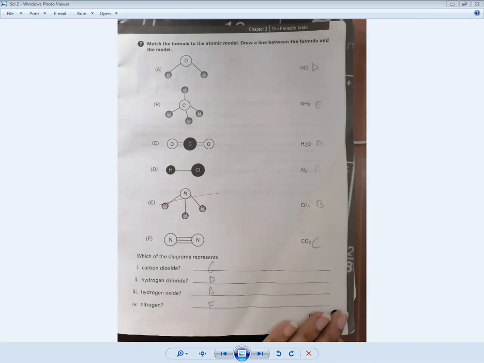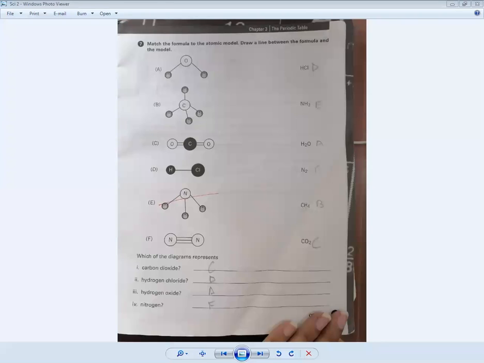So now you can see all these numbers. A part, its chemical formula matches with H2O. B part, it's the chemical formula for CH4 methane gas, it will match with B. C part, CO2, okay, it will match with C part. D part, HCl is D part. And E part is NH3, it will match with ammonia, and F part, this is N2. N2 matches with nitrogen gas. I hope you understand the column.